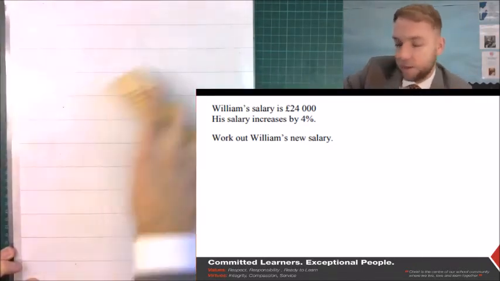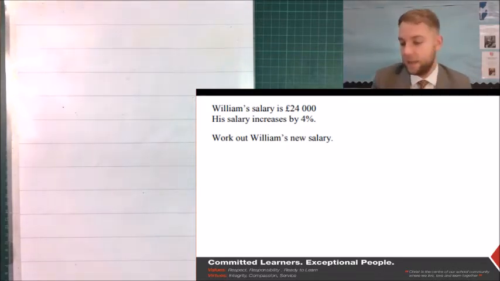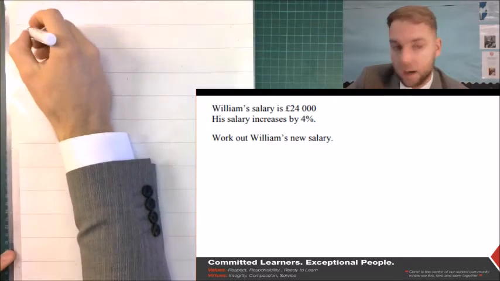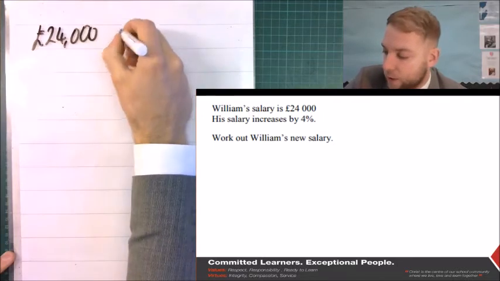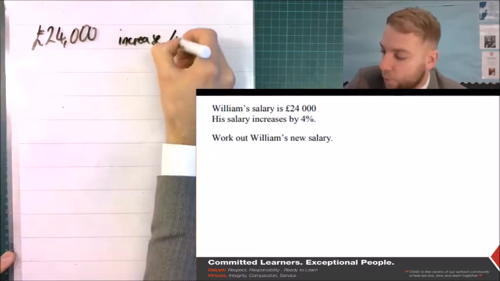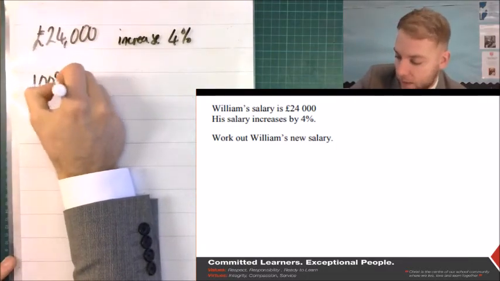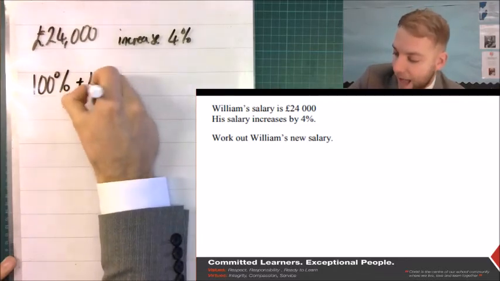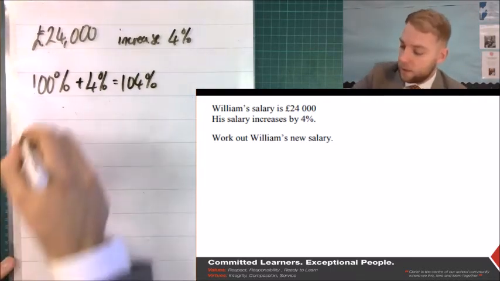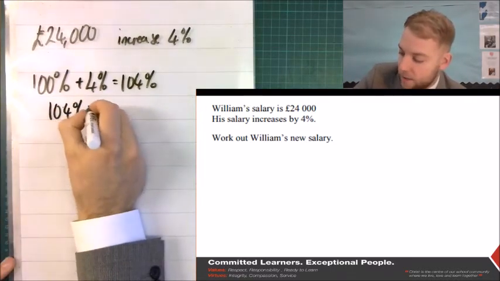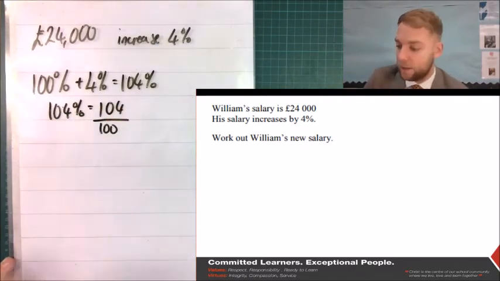So here we've got our first question. It's an increase of 4%. Okay, same as always, start it off. So I've got £24,000 and I want to increase by 4%. So same starting point, 100%. I want an increase of 4%, so add 4%, which is equal to 104%. 104% as a multiplier is 104 divided by 100. Percent means out of 100, remember,